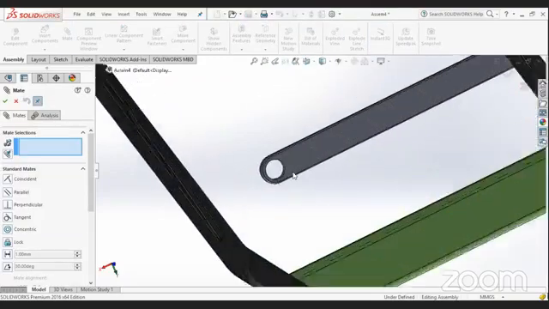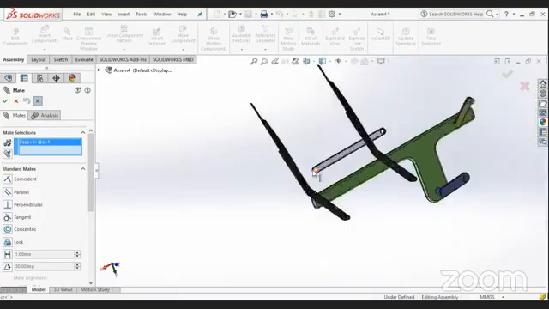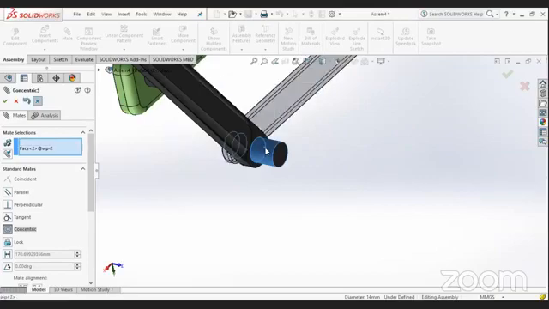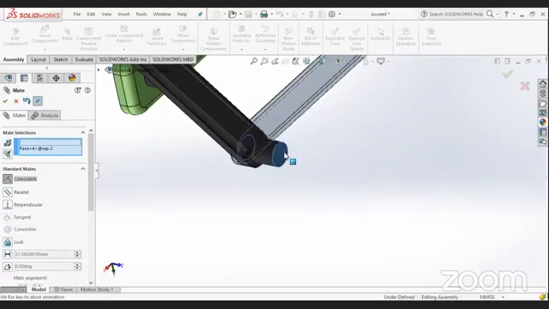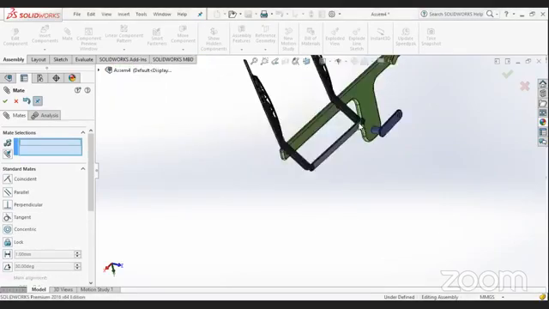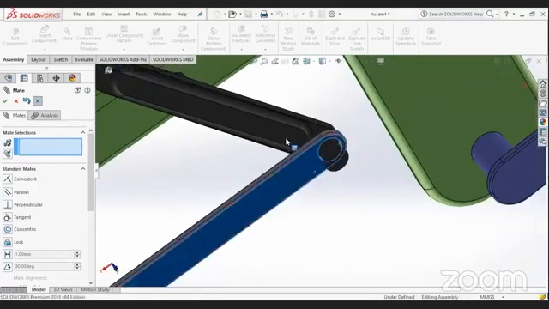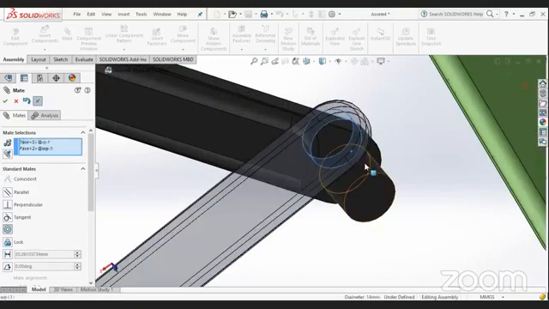Similarly, as we have used the geometrical constraint, here also we have to perform the same ritual. This face.